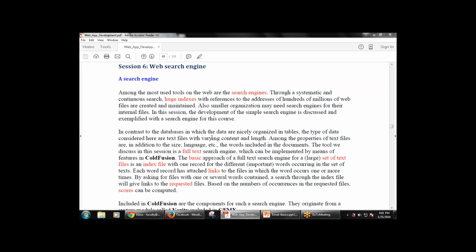In the last class we covered session number 6, the web search engine. Now let's see what a search engine is and what a web search engine is, and how we use the web search engine in web application development. So let's start with the previous class session. In the last class we have covered